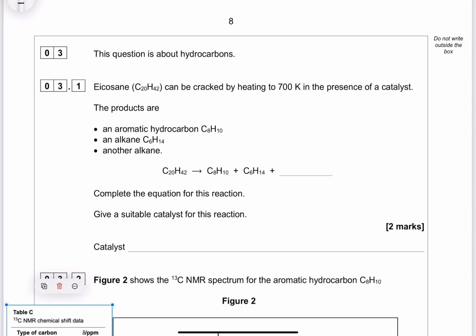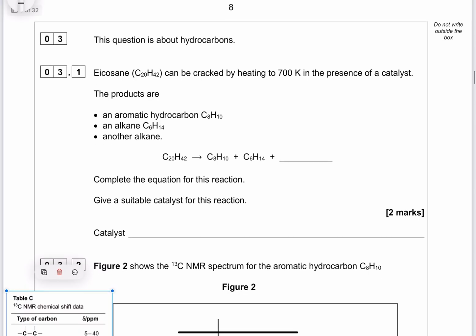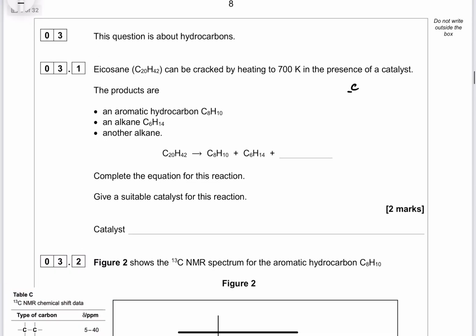So we're looking to count up what we've got left. In terms of the carbons, we started off with 20 and we subtracted 8 and we subtracted 6. So 20 take away 8 take away 6 leaves us with 6. We had 42 hydrogens and we subtracted 10 and we subtracted 14. So we had 42, subtract 10, subtract 14. We've got